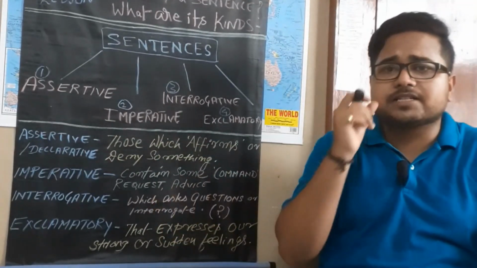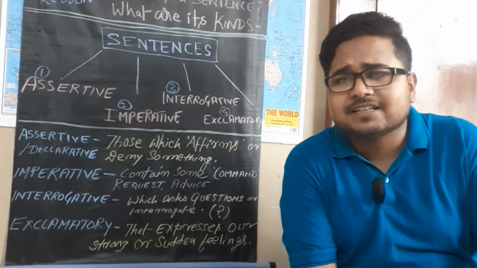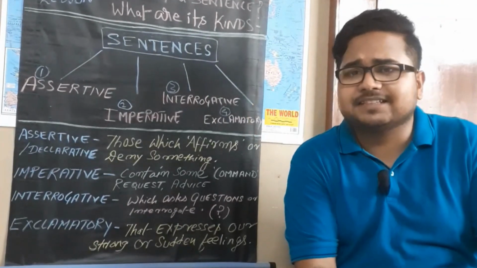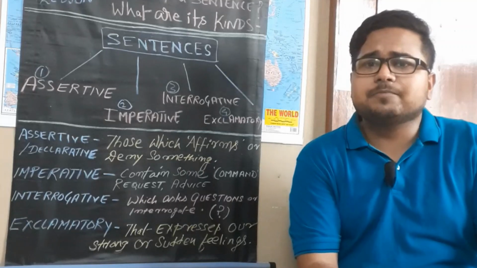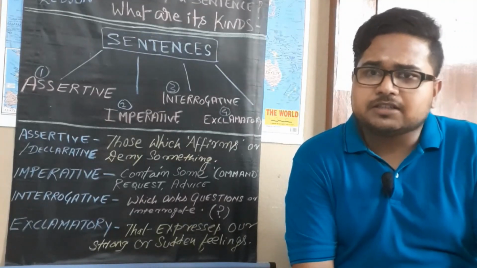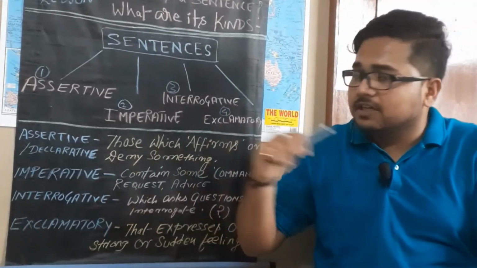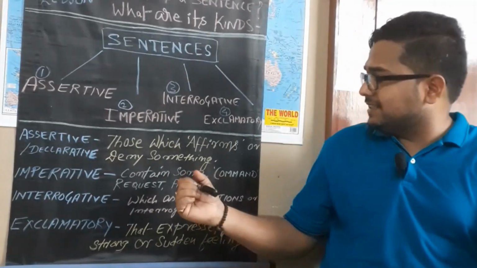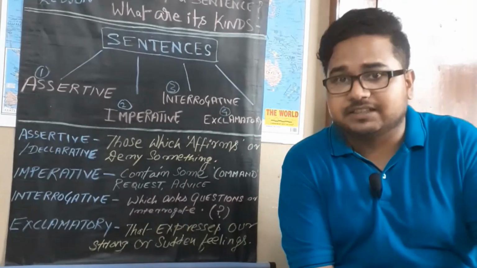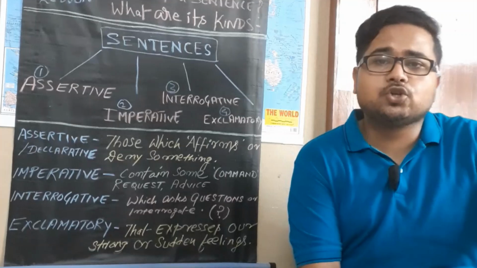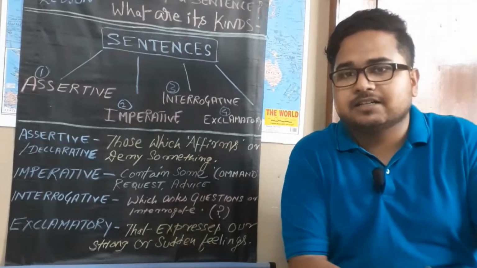Next to it is request. When you request something, please give me that pencil, please provide me some water. So this is also a part of the imperative sentence. Next is advice. When you are giving some advice to somebody, you should do this, you should do that,